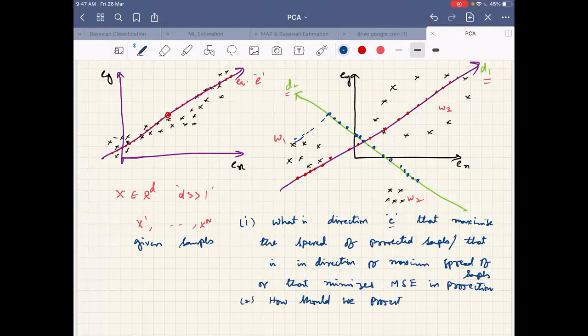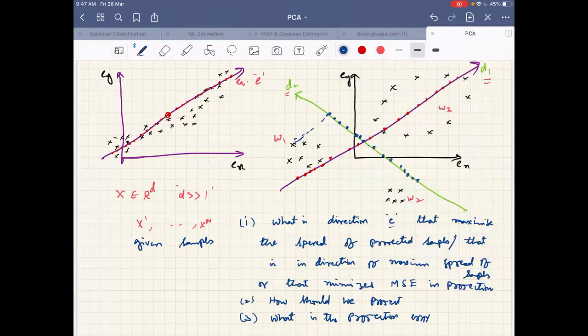And third thing is, what is the projection error? Because based on the projection error, I can say how good it is. These are the things we need to figure out, not just in 2 dimensions, but in the general case. Is this clear?